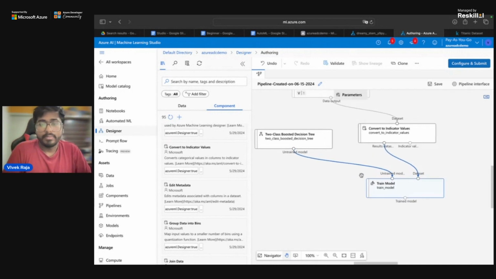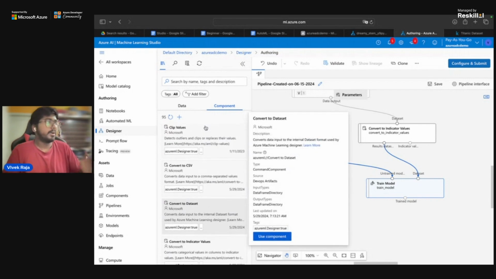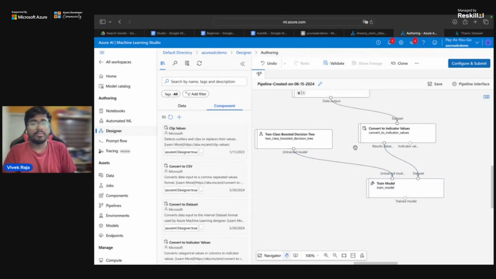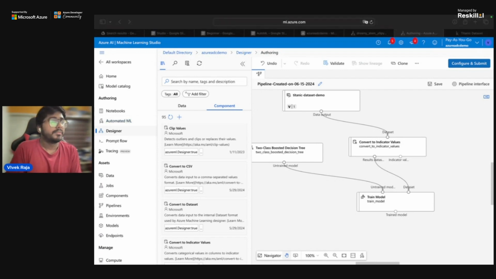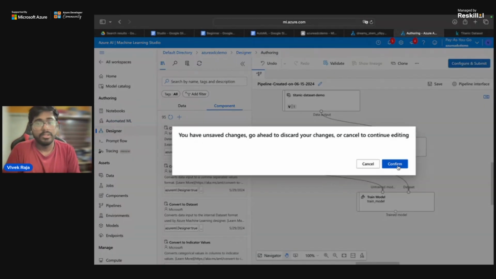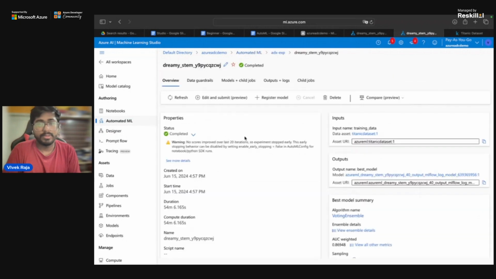And the train model, you can put it for inference. So this is how you do transformations as well, which I slightly missed in this one, where I could not find the exact component I wanted. But anyway, we have figured it out. Pretty good job for myself, I suppose. You now know how to do it the designer way, and you know how to do it the automated machine learning way as well. So you could go ahead and see which works best.